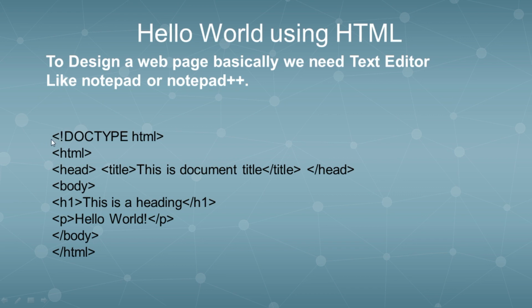Here is an angular bracket open, angular bracket close. That is known as a tag. Then the HTML tag, then head, title. The head part contains the title, and then head is closed. Then body, and h1, which I'll call the heading tag, starts and again closes. Then the paragraph tag opens and the paragraph tag closes, and then body closes and the HTML closes. You can see the HTML and /HTML tags are similar, but the difference between these two is the slash, which marks the closing HTML tag. Same here, the body tag is closing.